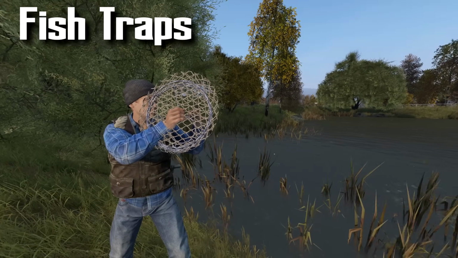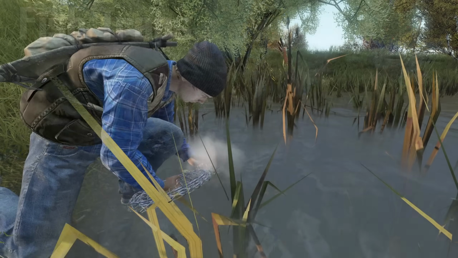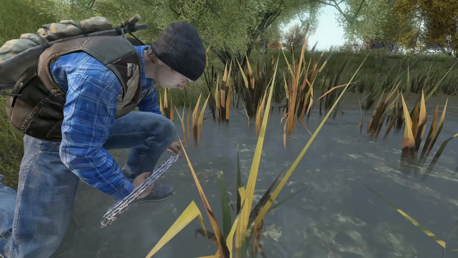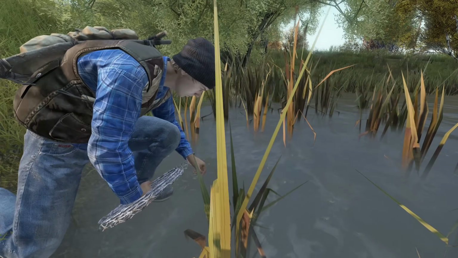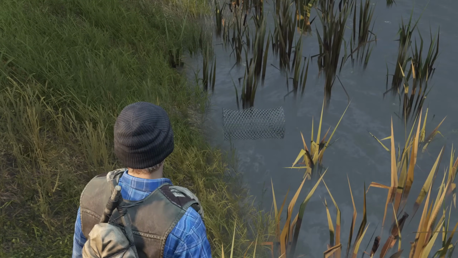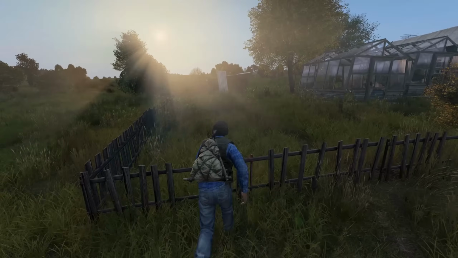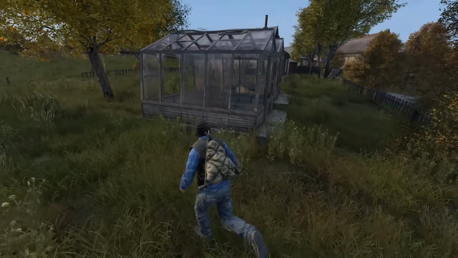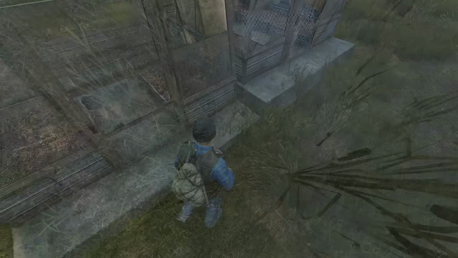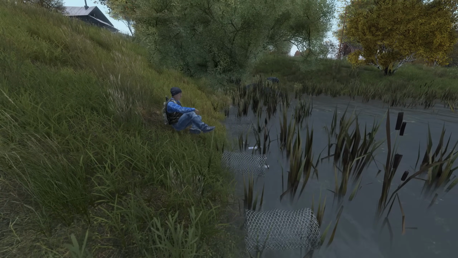Fish traps. Take the hunger into your own hands by mastering fish traps. They are a great resource if you plan to stick around in an area for a while, then come back and check your traps. For example, you could deploy a trap when you're getting to a new town with a pond, then loot the town and come back and check your trap before leaving. Or if you have a base, you can deploy a bunch of traps and then not have to worry about